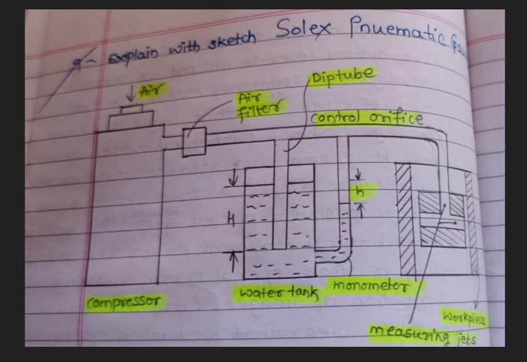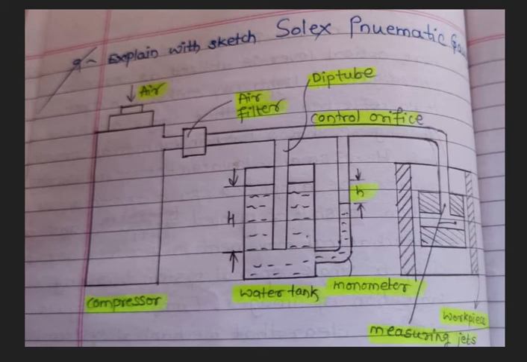The figure is the Solex pneumatic gauge. It was introduced by Solex Air Gauges Limited in America. It is designed for internal measurements. By a suitable measuring head, it can also be used for external gauging. Therefore, the figure is giving us a Solex air gauge. It is designed for internal measurements, and by a suitable measuring head, it can also be used for external measurement.